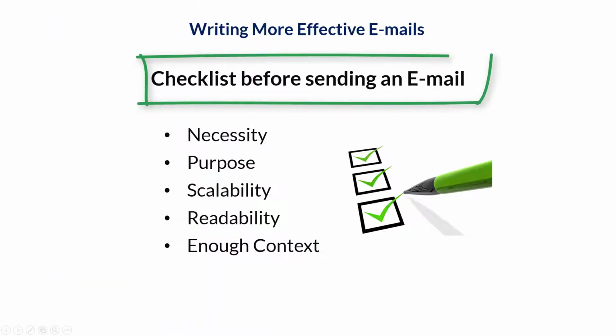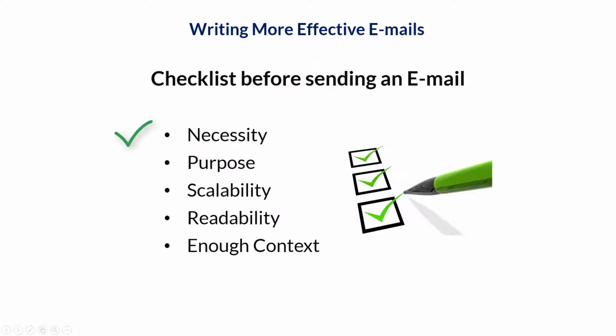So welcome again and let's begin. The first thing I'll be guiding you about is the checklist before you send an email. Here on the screen you will see the checklist before you click on the send button. The first thing is necessity. Before you click on send, you must know whether it is required to send this email to the recipients or not. Second is purpose. You must know the purpose of sending an email so that the other people will act on the action item mentioned in your email.